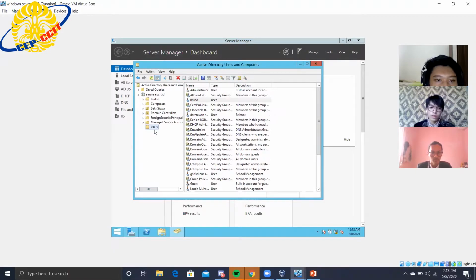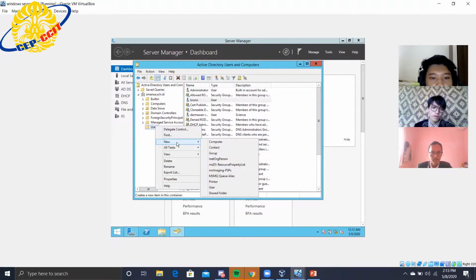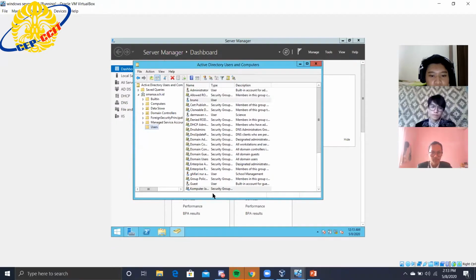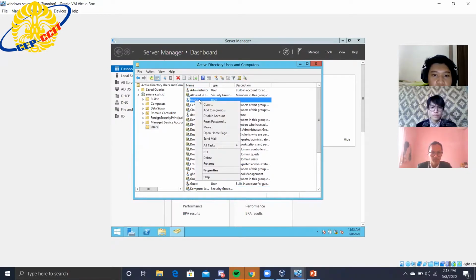And next, we create a group. Right-click on users, new group. Group name, for example, komputer jaringan. Okay. And I will show you how to add users to a group.